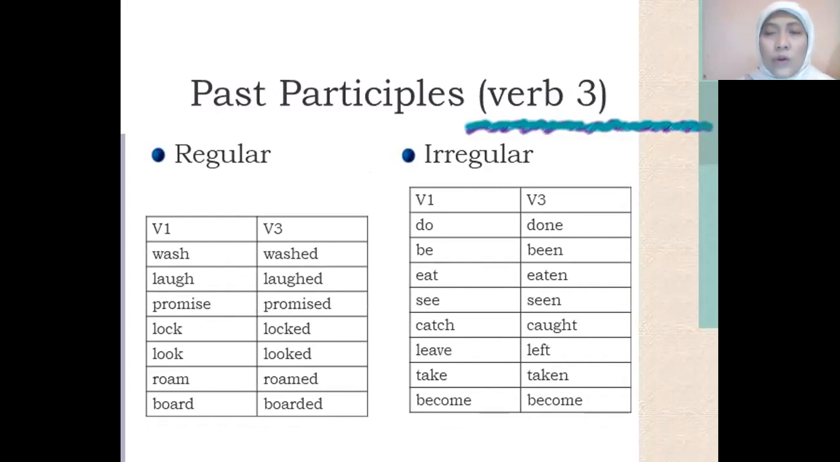You have already known there are regular and irregular verbs. For the regular verb, the verb 3 can be formed by adding ed. For example, wash, the past participle, washed. Laugh, the past participle, laughed. Promise, the past participle, promised. And then for the irregular,